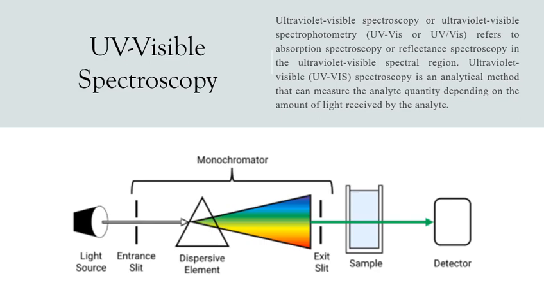One beam, the sample beam, passes through a small transparent container, that is cuvette, containing a solution of the compound being studied in a transparent solvent. The other beam, the reference, passes through an identical cuvette containing only the solvent. The intensities of these light beams are then measured by the electronic detectors and compared. The most commonly used solvents are water, ethanol, hexane and cyclohexane. Solvents having double or triple bonds or heavy atoms are generally avoided. UV visible spectroscopy is the cost-effective, simple, versatile, non-destructive analytical technique suitable for a large spectrum of organic compounds and